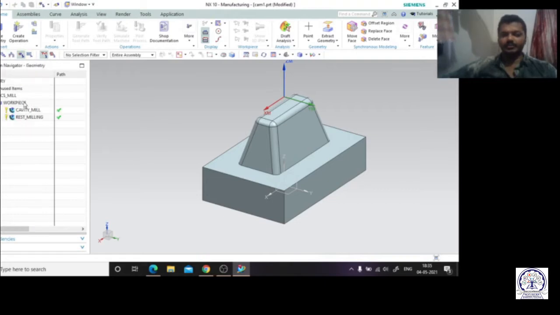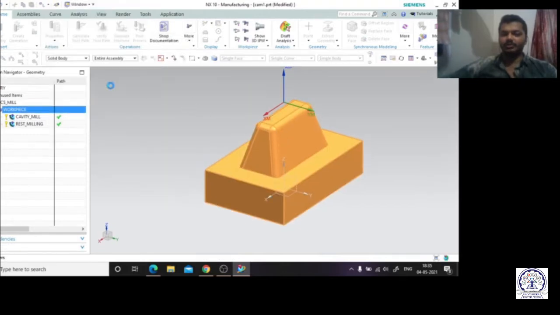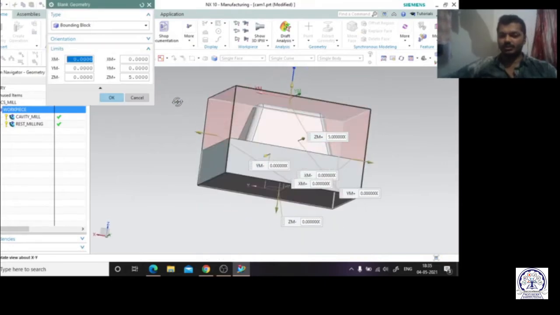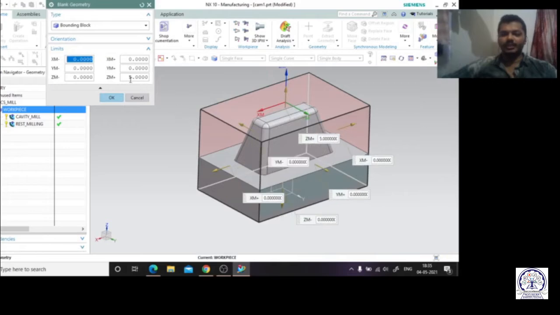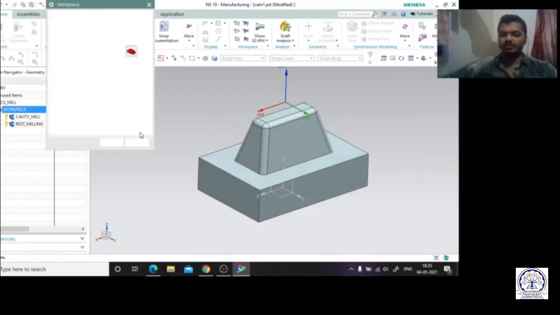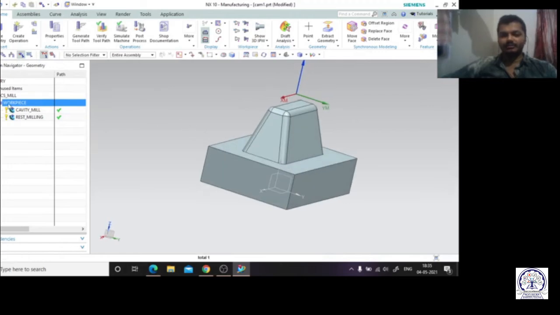And here, what I can do over here: at first I have to define the workpiece. So here I am selecting the part. I have to define this is my part. I am going for the raw material. All of you can see this is how I can define my raw material. And here the geometry also you can control. I am going for okay. You have to specify the check. So this is how I am defining my workpiece.